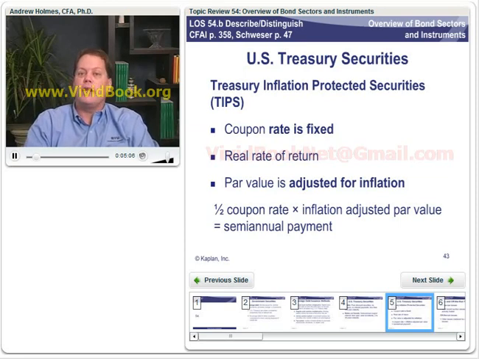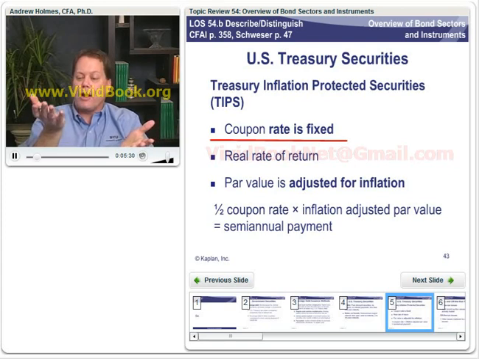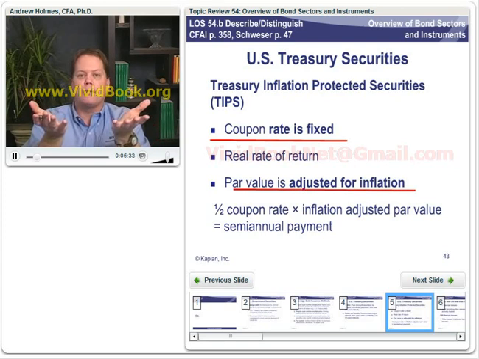Well, this is another way to shift the interest rate risk from the borrower to the issuer. That is to have these TIPS or Treasury inflation protected securities. But remember, they do not have a variable coupon. The coupon rate is fixed, and that is intended to be a real return. So instead of changing the coupon rate, we look at what happens to inflation. Price level goes up by 2%, then we increase the par value by 2%. Next period, price level goes up by 1%, then we increase the par value by 1%. And the coupon payment is just going to be half of whatever the fixed annual rate is times the inflation adjusted par value. That's what they're going to pay every 6 months.